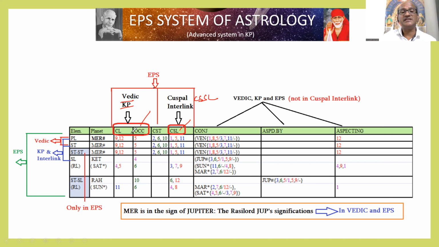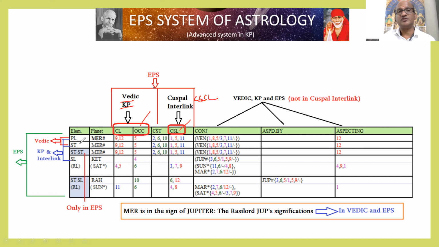Only if we know the complete signification of a planet, only if I know everything about you, can I judge. If I know only something about you, we can judge for something good or bad, but we cannot judge all the characteristics, right? Similarly, planets also have their own self-signification.